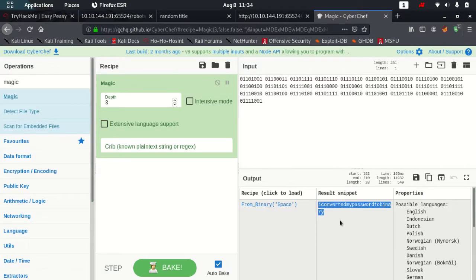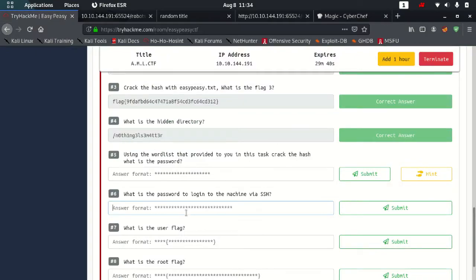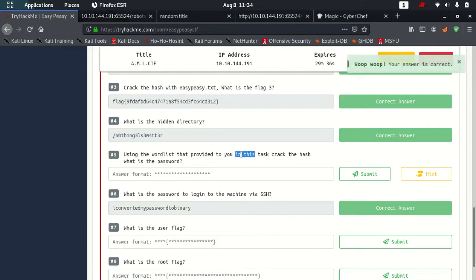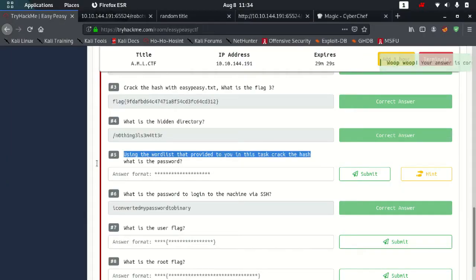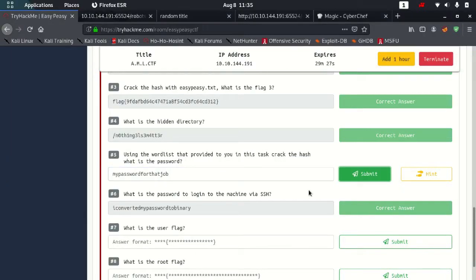I converted the password to binary. Okay, so this is done, and we also found this, it's my password for the job. Yep, that is done as well.